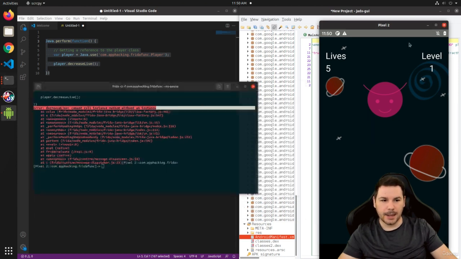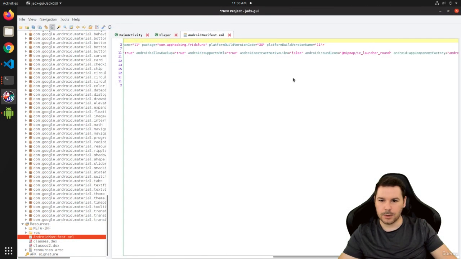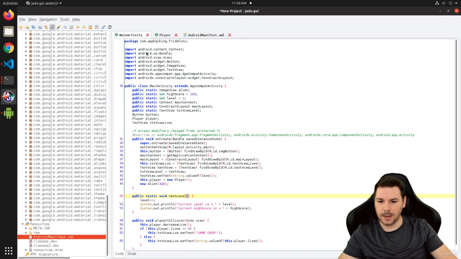Alright, what does this mean? If we take a look back into our code, within the main activity, we can see this one here was a static method, next level. Calling a static method is simply like MainActivity dot nextLevel, so class name dot method name. The reason why we can call a static method in this way is we do not have to create an object. A static method is not bound to an object,